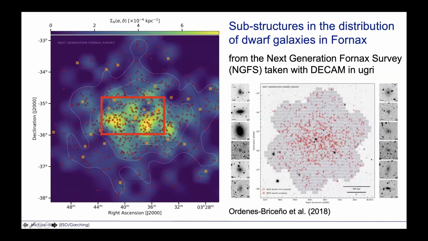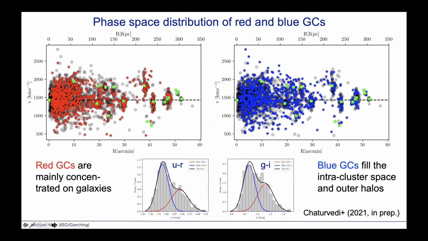On the other side, there is another deep imaging survey that looked at the spatial distribution of dwarf galaxies, and dwarf galaxies seem to be also not evenly distributed. They come in groups, they come in overdensities, and these overdensities more or less also coincide with these globular cluster overdensities. So what we now have in hand, we have the velocity information, we have the photometric information,